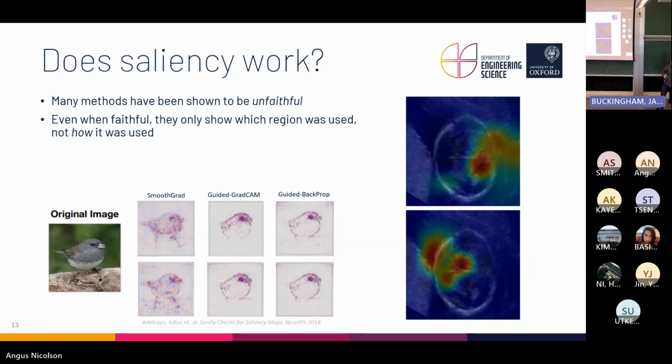So in the examples I've got on the right side of the screen there, in that bottom example, there's a really bright bit by the edge of the skull. What about it's important? Is it the skull? Is it the shape of the skull? Is it the thickness? Is it how bright it is? Is it actually the dark patch just next to it? I've got no idea. I just know that that region was important. So it's not a complete explanation, even though it's better than nothing, right?